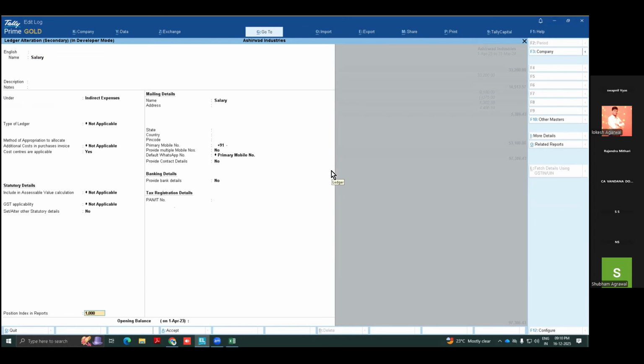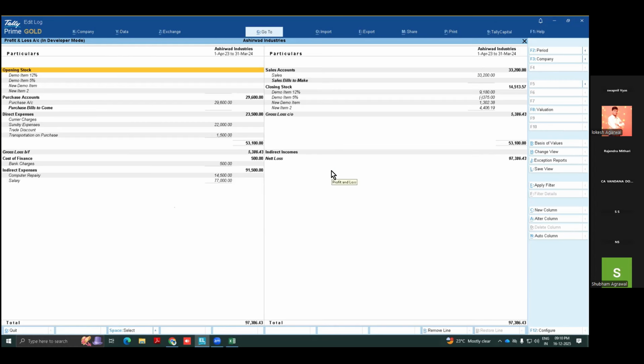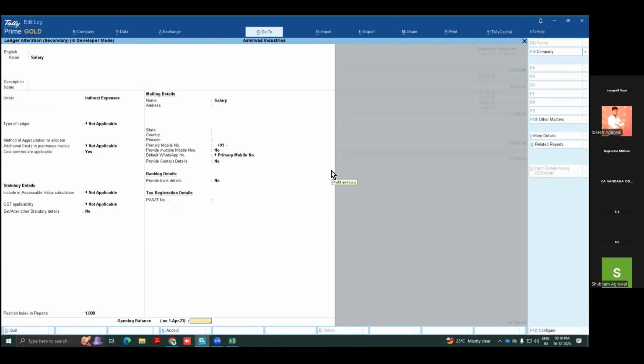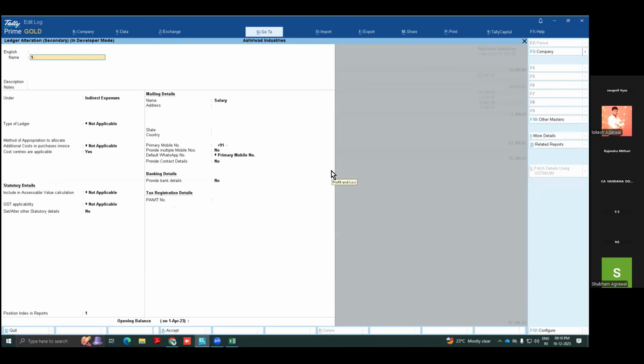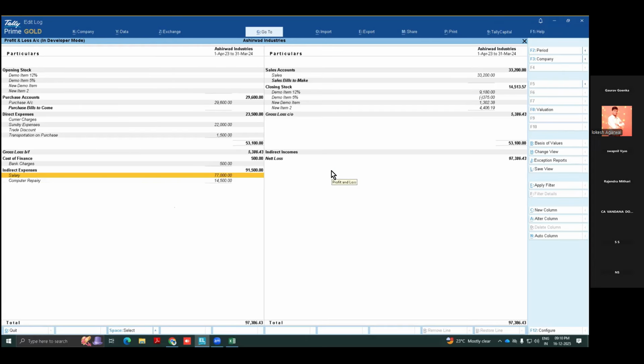Sorry, it is 1000, I have to give here first. See, salary is first now, and this automatically becomes second. Many tricks are there. People do it this way, they put a dash before salary so it appears first. That is not required. It is a very simple trick.